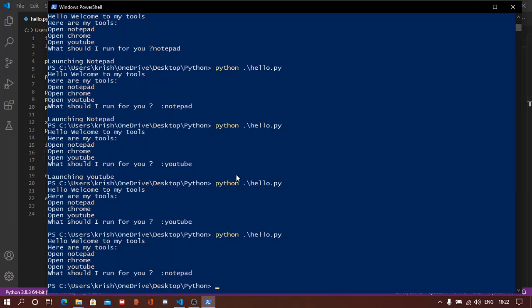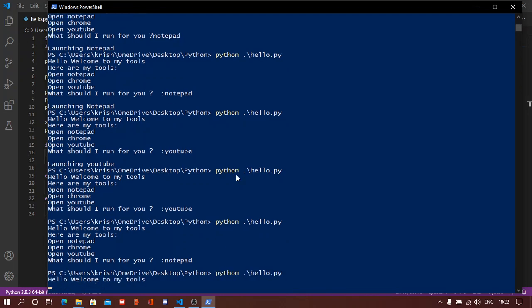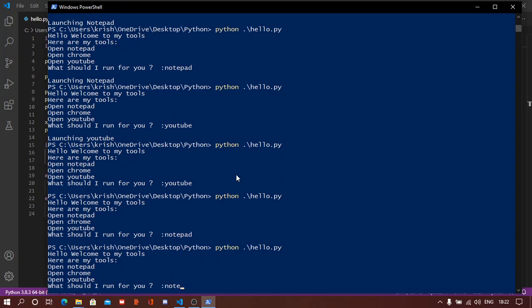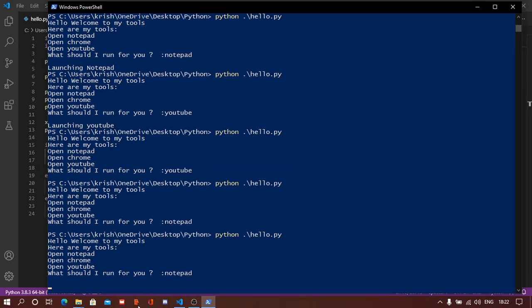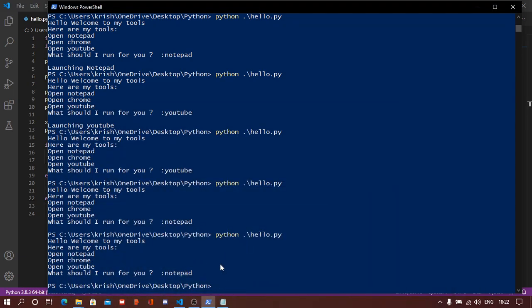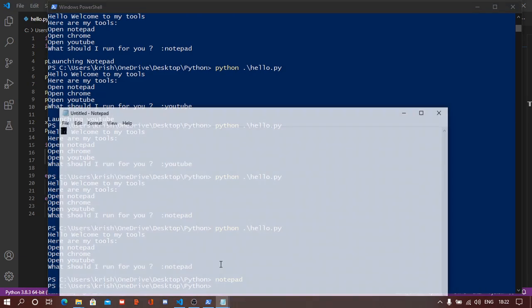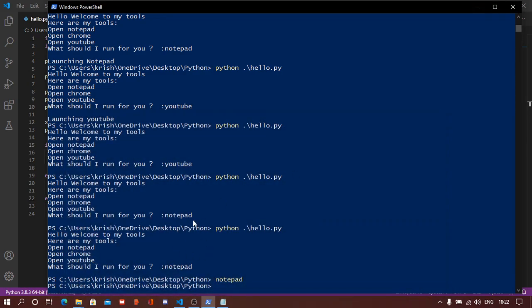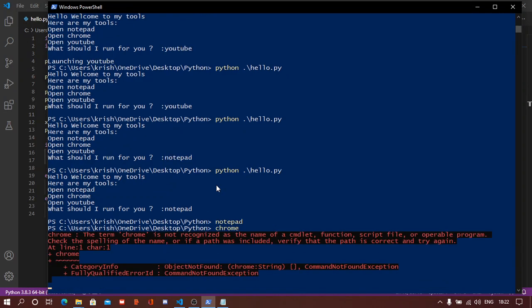and I don't want the program to exit, right. I don't want that if I write Notepad, then it's Launching Notepad, then it's exiting, right. I can't write over here Notepad again too. The Python program is not working. If I write Chrome, it will not run, right. Notepad is a command, so we can run it by PowerShell, but we can write